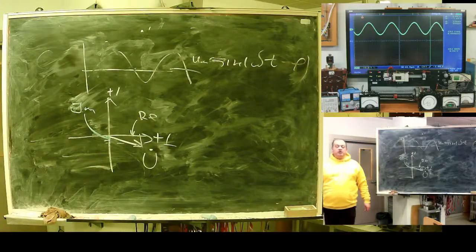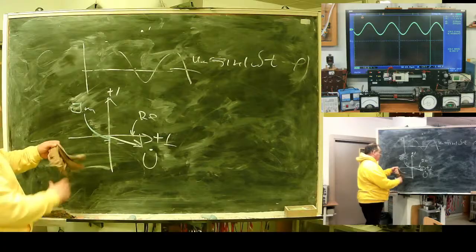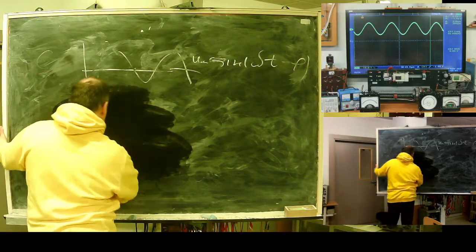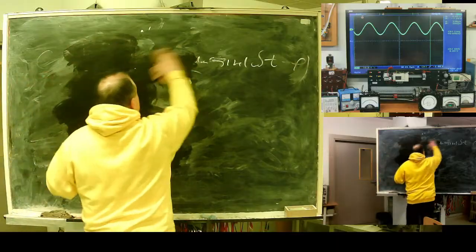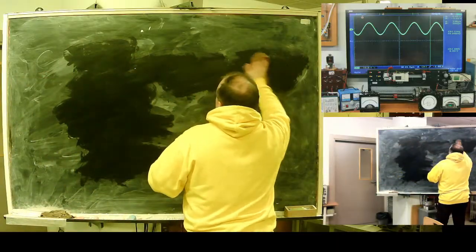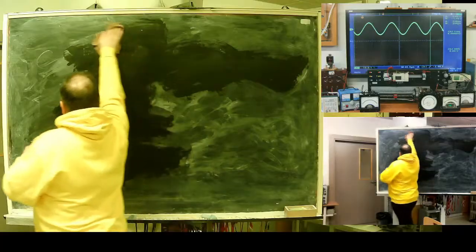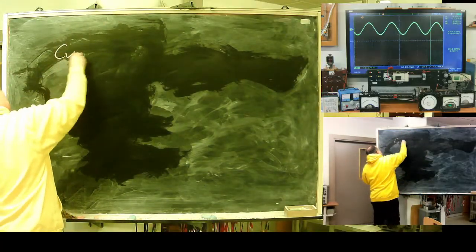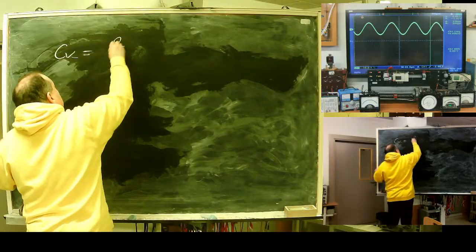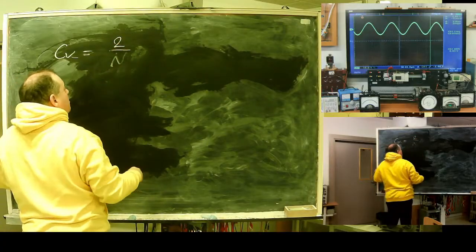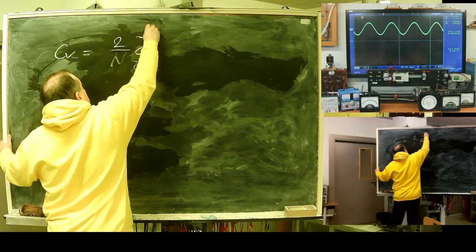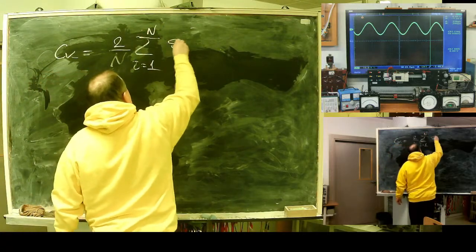To get them, use the Fourier series. For any component, Ck should be divided by the number of samples, sum where I starts from 1 to the number of samples,